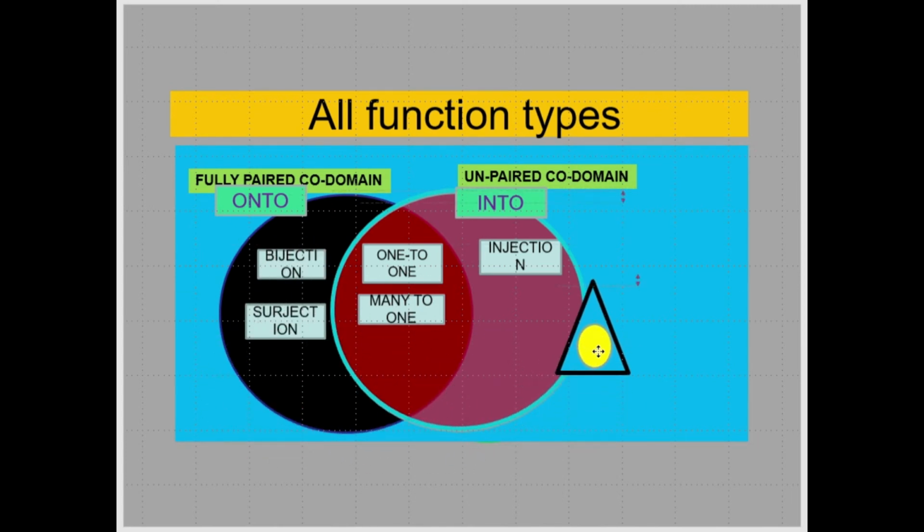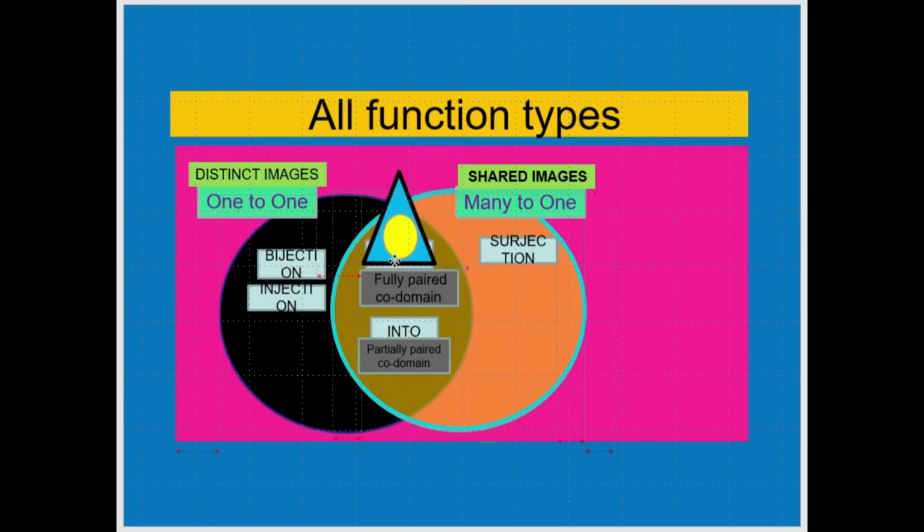Now coming to into functions, in which some elements are unpaired in codomain. So this is partially paired codomain. Injection, again 1 to 1, many to 1. We can see 1 to 1 and many to 1 are coming under onto category as well as into category. Same Venn diagram,